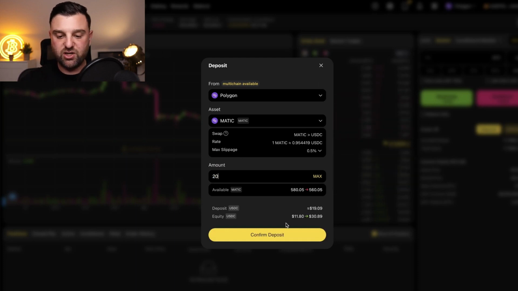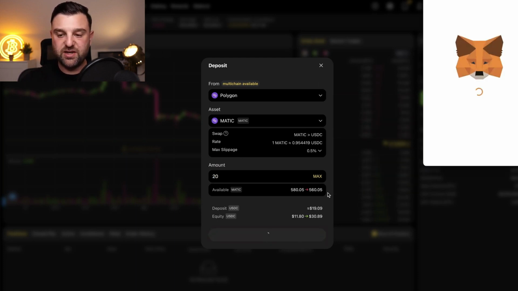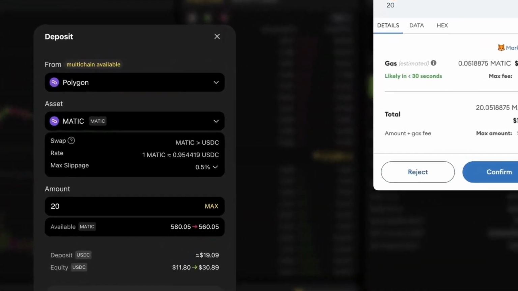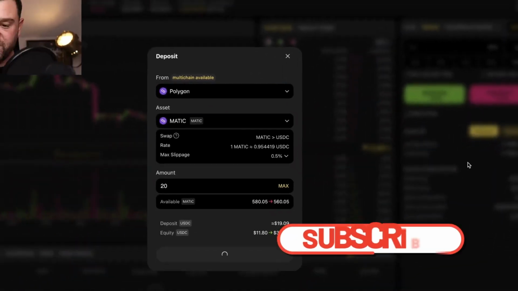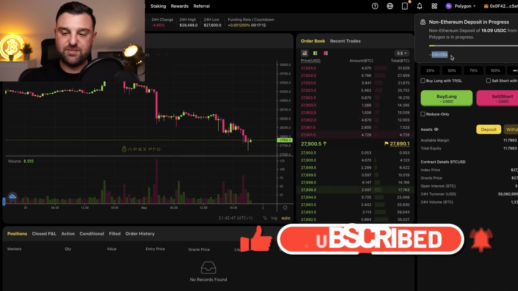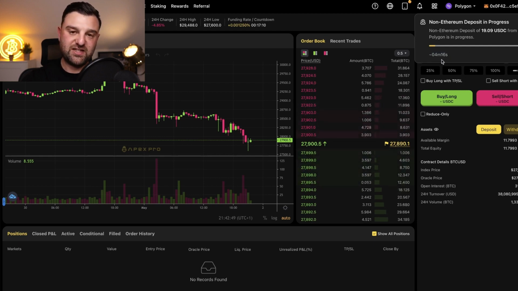I could do $20, for example. I could press confirm deposit, and it's going to ask me here to confirm the smart contract. I can press confirm. There we go. Non-Ethereum deposit in progress. So it doesn't take long. This is estimated to take 4 minutes and 15 seconds, and then the funds will be available in my margin